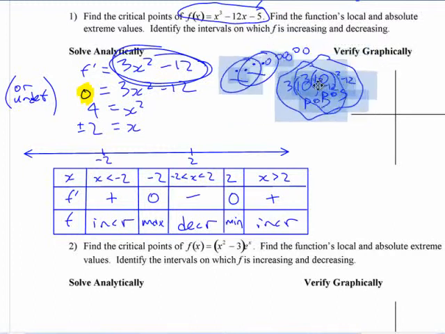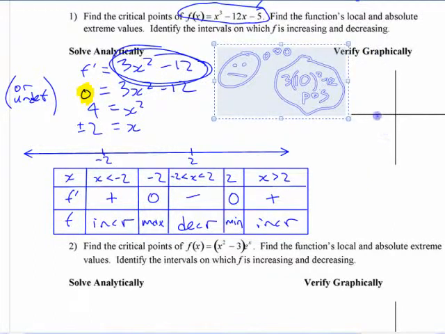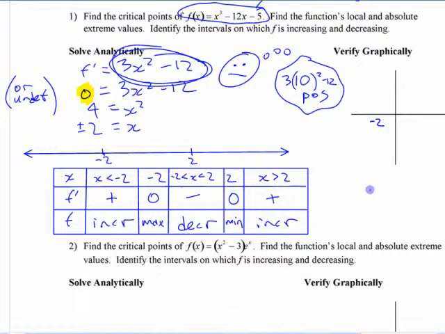You could calculate a few values if you really had to, but we have at -2 here some kind of a maximum. I don't know if it's above or below the axis, but you could put the number in and find out if you want. It probably is way above. You could put in +2 and find out that we're looking negative here somewhere, I think. But you know that it has some kind of a max there. And the other thing is you can notice that the y-intercept is this constant term here. If you're really trying to graph it, it looks something like that. So probably this dot's in the wrong place, but